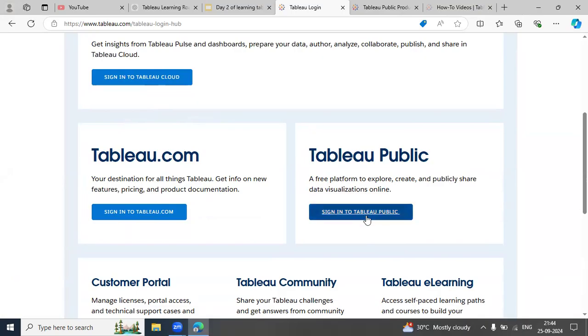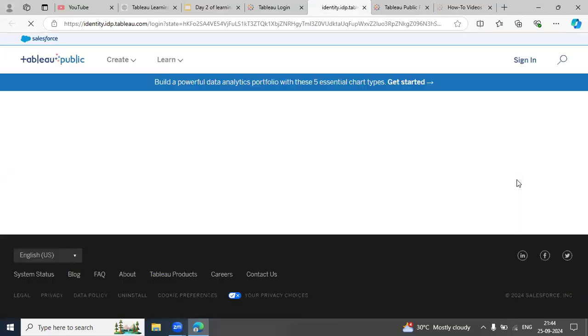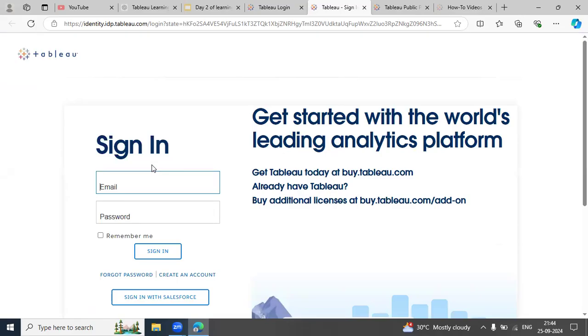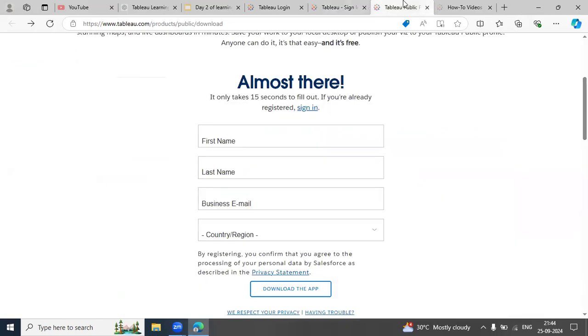So accordingly, we will go with Public, and then click on this. We have to fill in the options, that is email and password. And after that sign up, we will get the interface of Tableau.